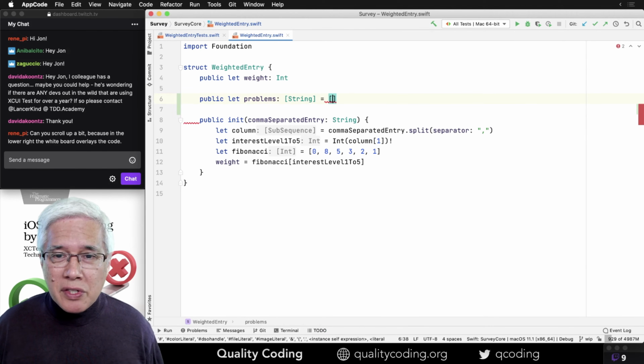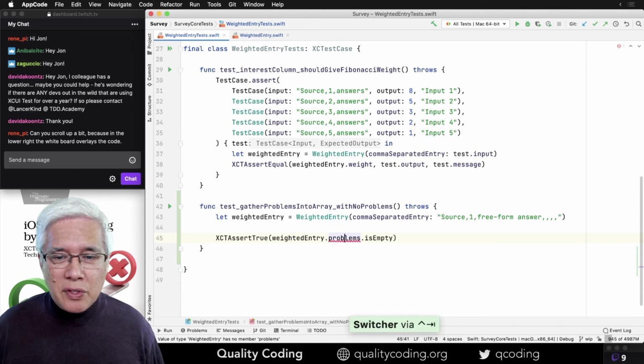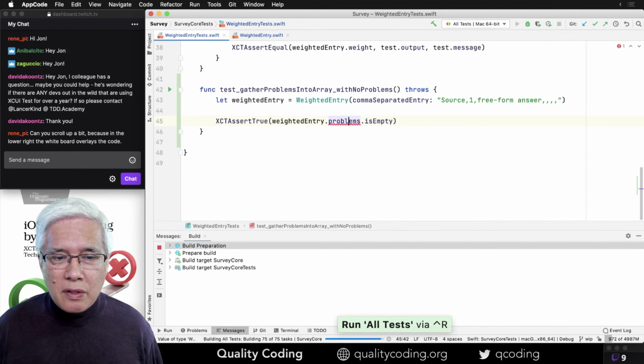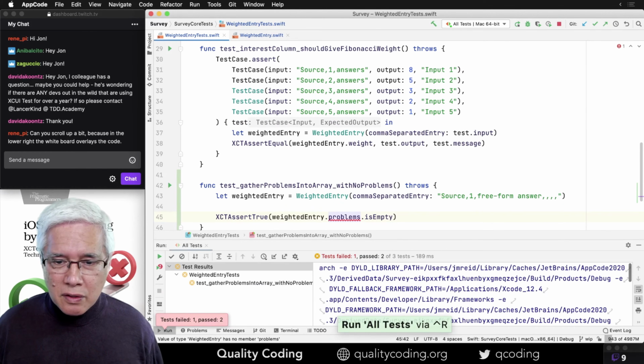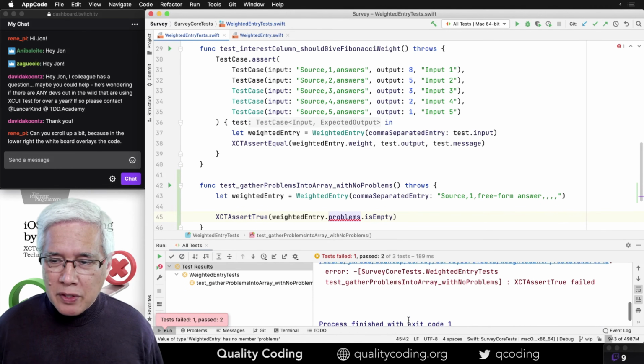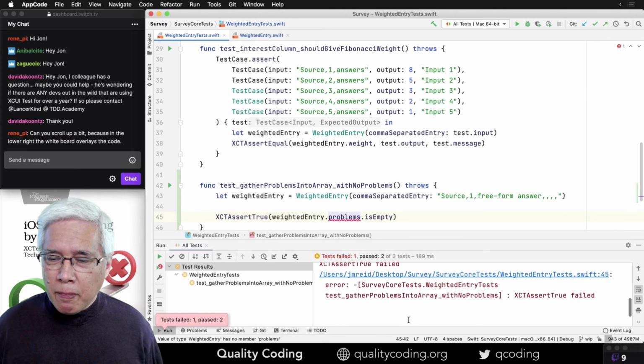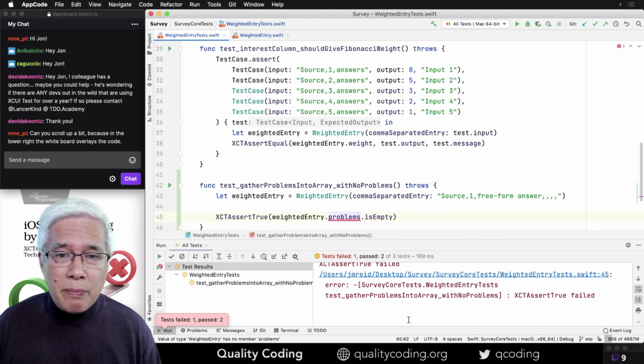Now I want the test to fail. So let's see if this works. And I want to see if it failed in the way that I expect. Also, I want to check the failure message.